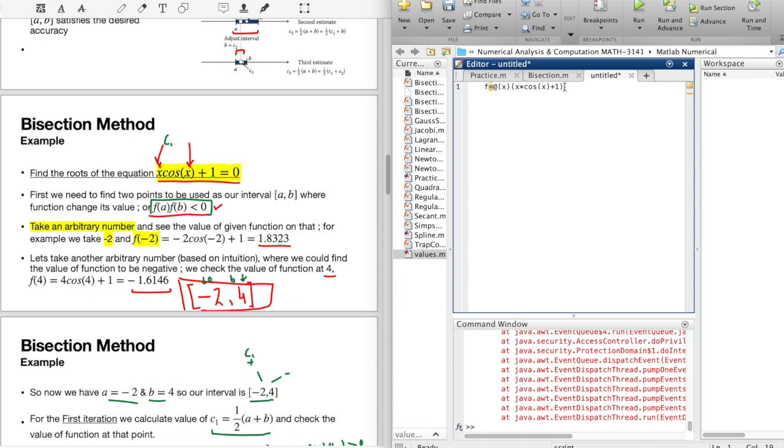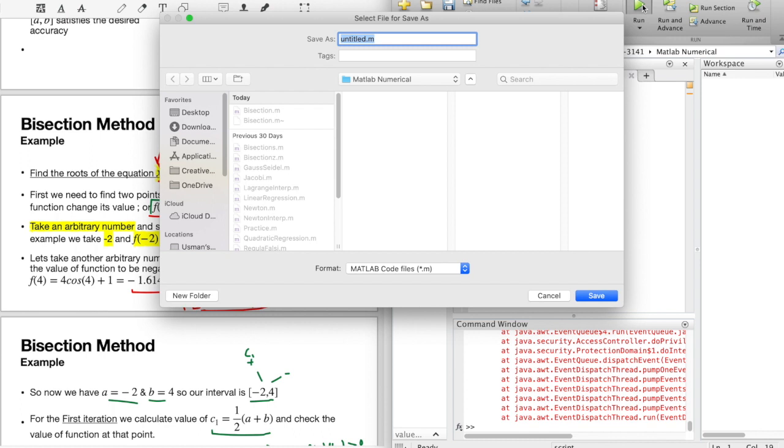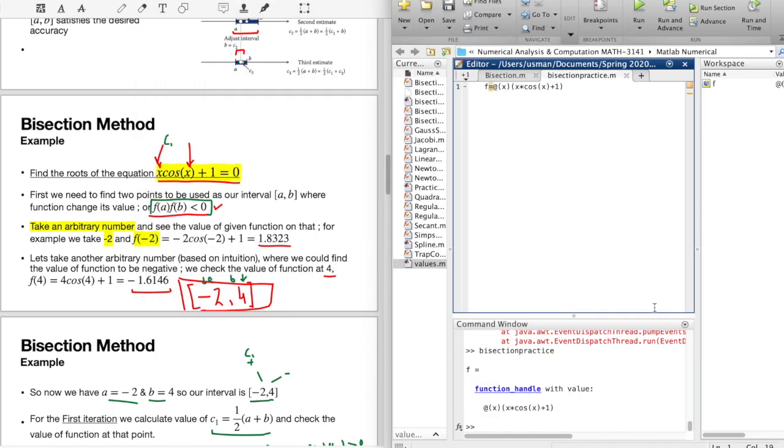Alright, so if I run this code, it will ask me to save it first. So I will save it as bisection practice maybe. Alright, so this one is saved. So when I have run this command, you can see that one variable in our workspace, the function f, is there. So now we need to find the root of our function,